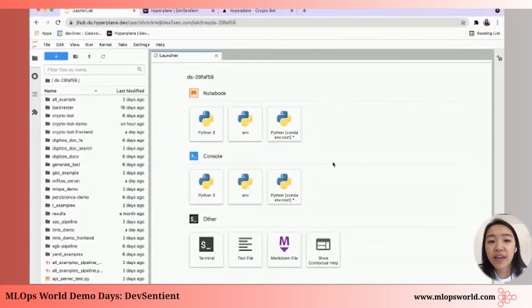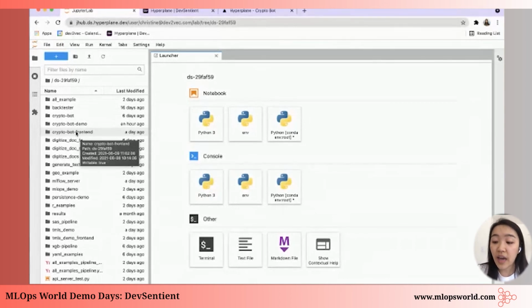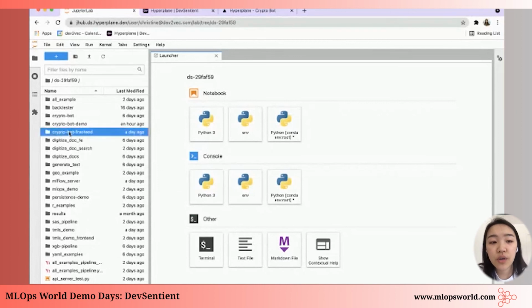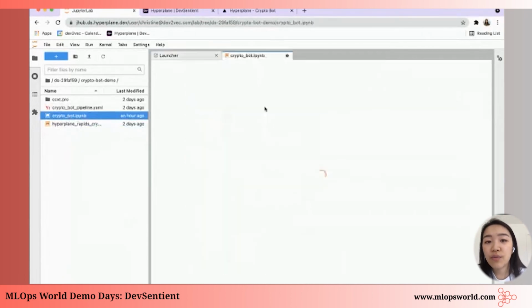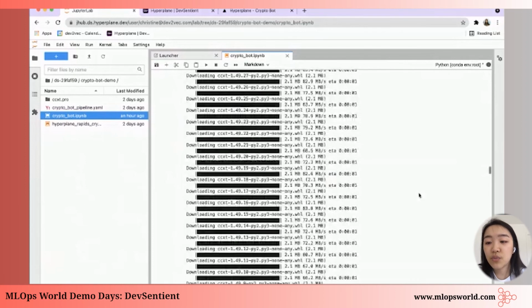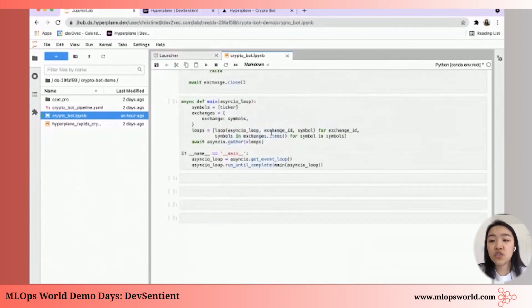All right, so back in our Jupyter Hub environment, I just wanted to show what it's like if you wanted to actually run a notebook end-to-end without a specific end time or a timeout. For this, we have our crypto bot. Let's say we have this notebook that runs from beginning to end, and one of the cells is something that we want to run in an infinite loop and just keep going.